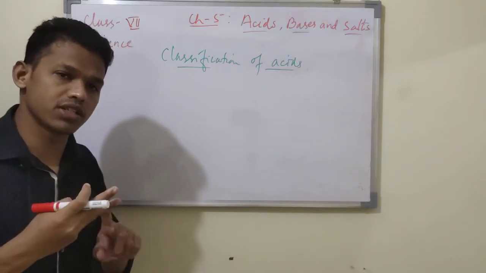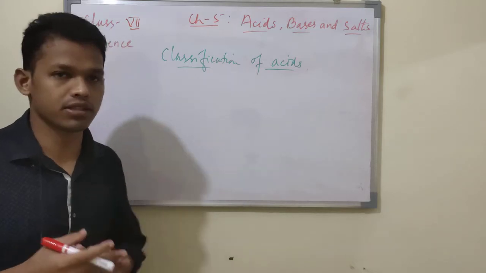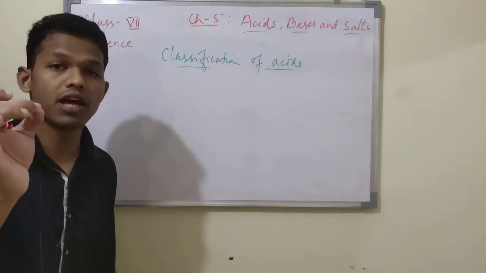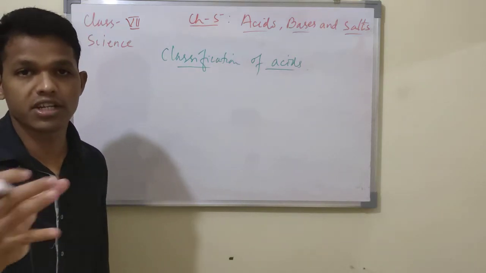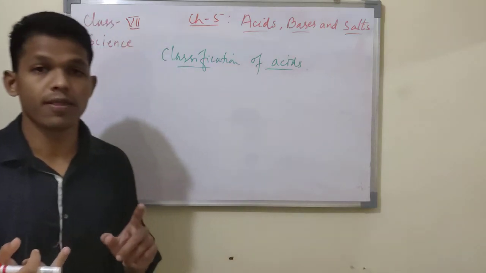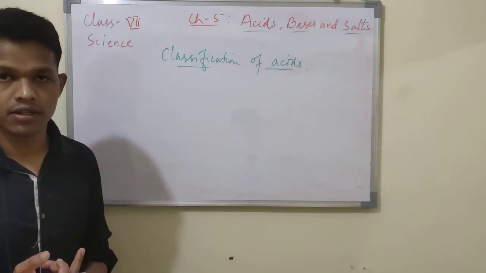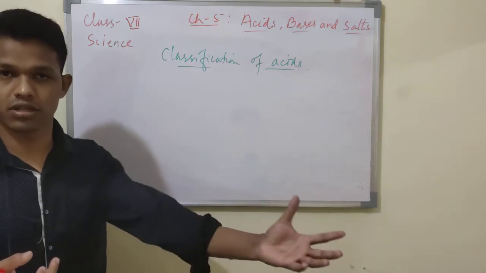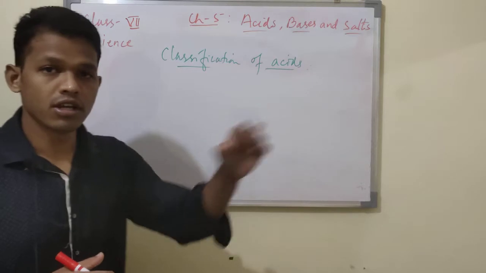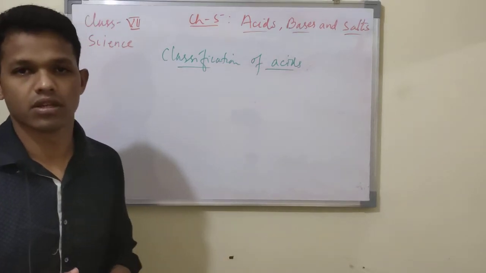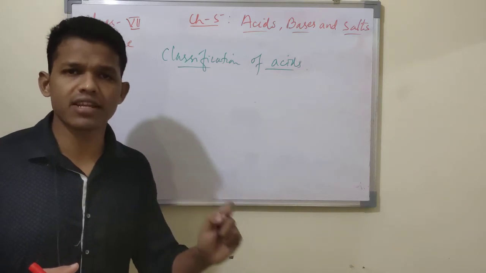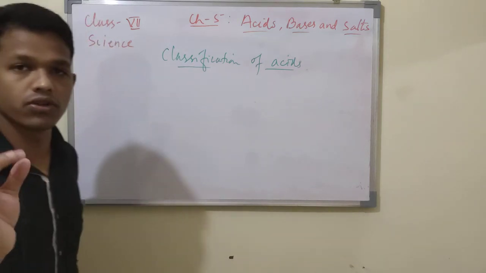Organic acids are those acids which are derived from plants and animals. Those acids are known as organic acids, and they are very weak acids. Such as, from plants, oxalic acid and tartaric acid. Then lactic acid comes from animals, from milk. Curd is formed from milk. Where do we get milk from? Animals. Got it now? So oxalic acid, tartaric acid, citric acid, these are all weak acids, also known as organic acids.